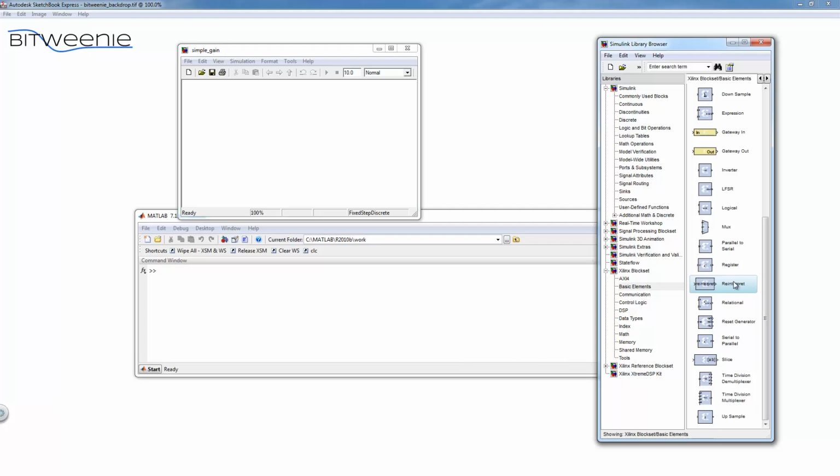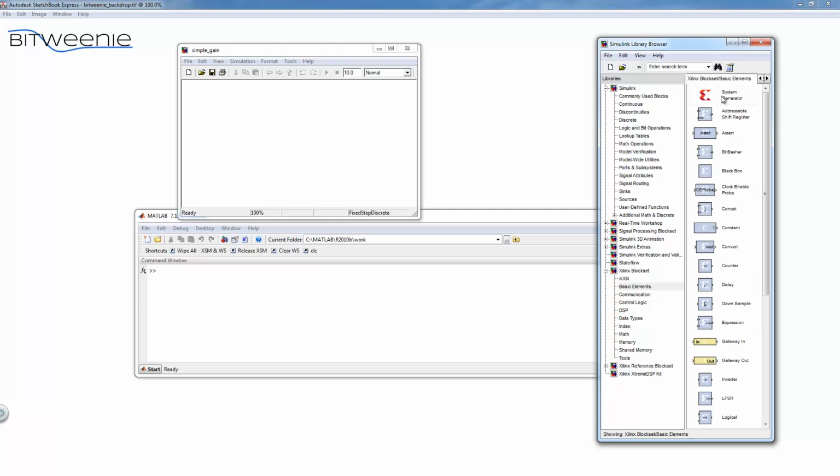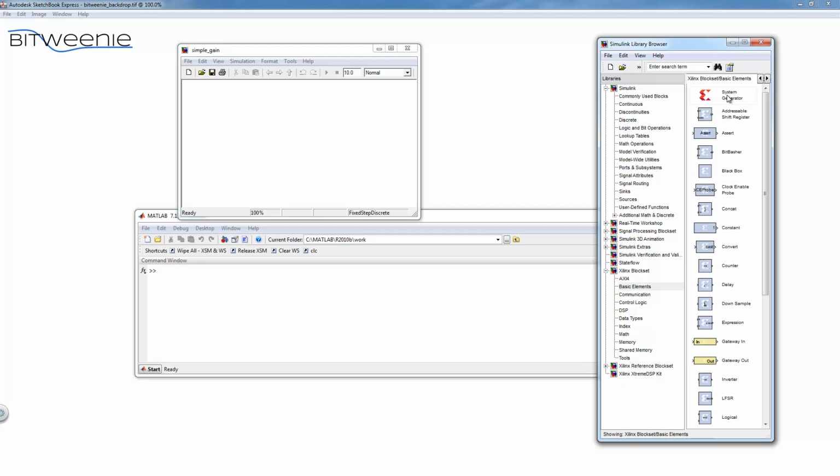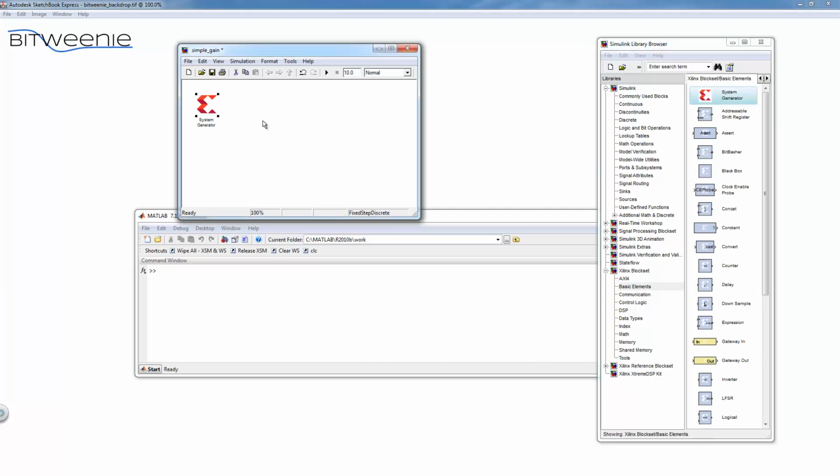The most important thing in getting our design started, though, is to lay down the System Generator token. So that's in the Basic Elements block set. You scroll up to the top and you see the System Generator token. Just drag it into the file and drop it. And this is where we can set up all of our model properties with regards to the FPGA. So double-clicking to open,